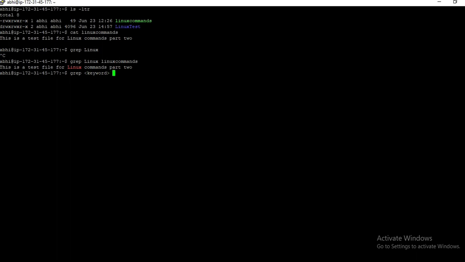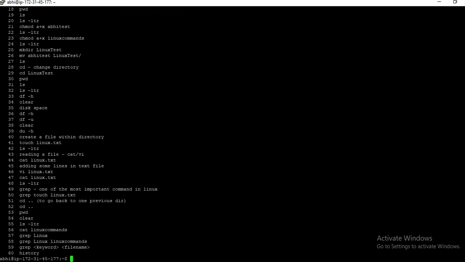Again, the syntax for this command is grep, keyword, and the file name. The keyword is the phrase that you are searching for. So you have to mention the keyword and the file name. Just don't type like this, because I'm showing it for demo purposes.